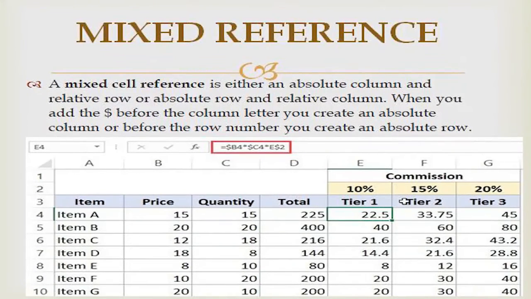That means here there is a tier 1, there is a 10% commission. So here we are using the mixed reference values. For example, I told you already, price and quantity, and we are adding the E2 value of 10% also. We are adding it from a different cell. See here, 15 is in B4 and the quantity is in C4, and E2 has 10%, and the tier value we are getting in E4. That is, in these cases we use the mixed references.